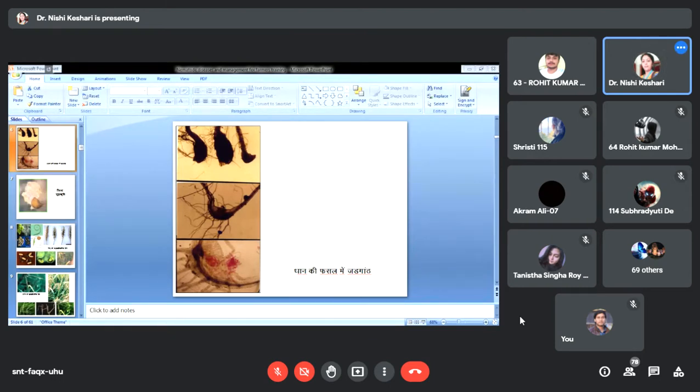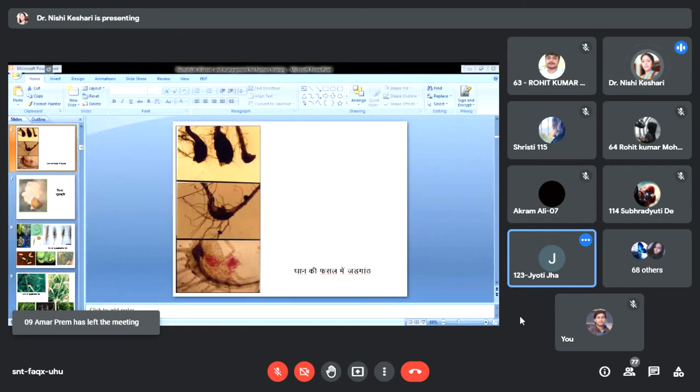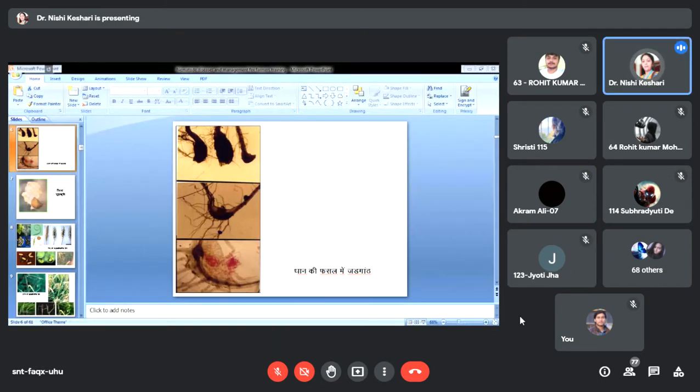Yes, ma'am. So you can see there are many roots coming out from this part. This is one of the symptoms, because the nematodes secrete enzymes, the growth enzymes. Because of that, the cell size becomes larger, and because of the larger cell size, these knots are formed. And because of those growth hormones, many small rootlets are coming out.